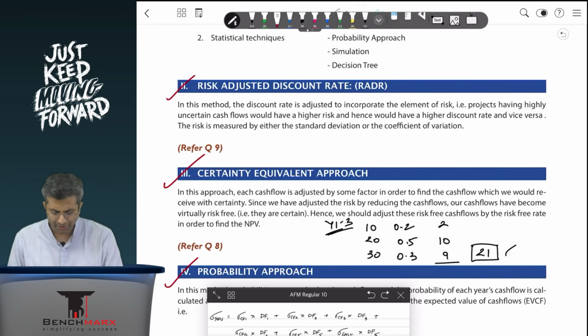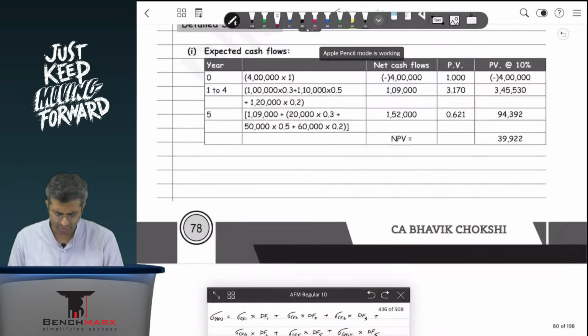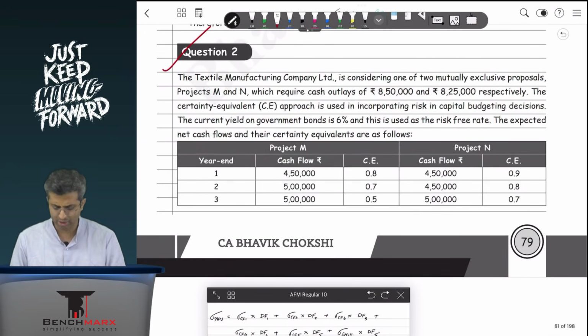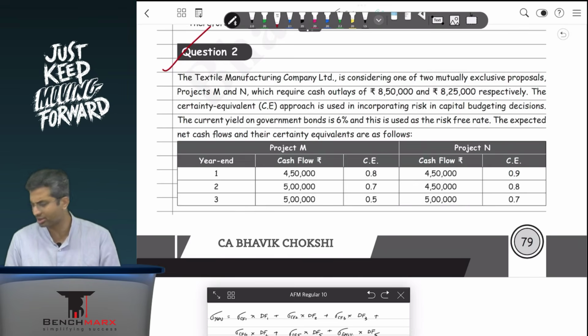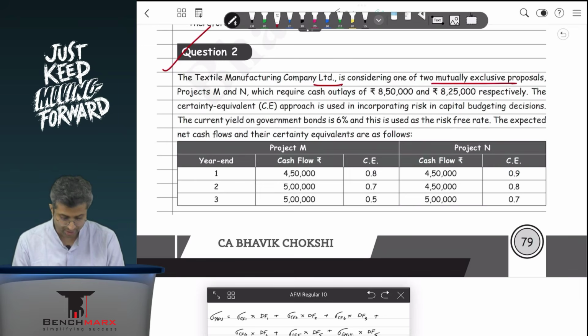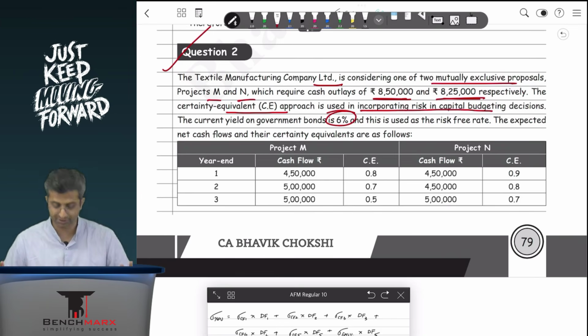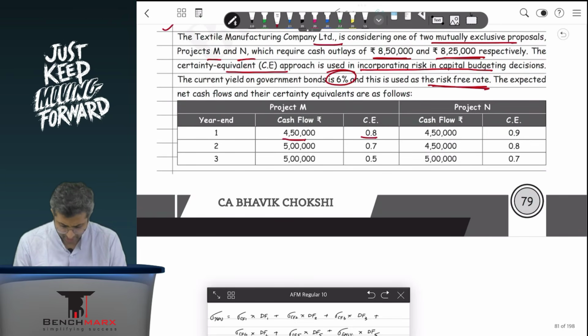Now, if I want to apply this in a question, another question you can touch upon is question 2, where you are going to touch upon the risk-adjusted discount rate as well as the certainty equivalent factor. A company is considering 2 projects, M and N, which require 8,50,000 and 8,25,000 of cash outflows. The certainty equivalent approach is used for incorporating risk in capital budgeting decisions, and the current yield on government bonds is 6%. So this is like the risk-free rate and can be used as the risk-free rate. The expected net cash flows and the certainty equivalents are 4,50,000 and 0.8, 5 lakhs and 0.7,